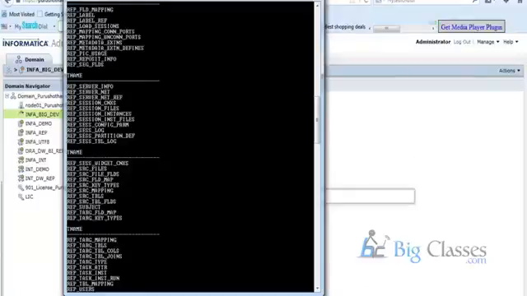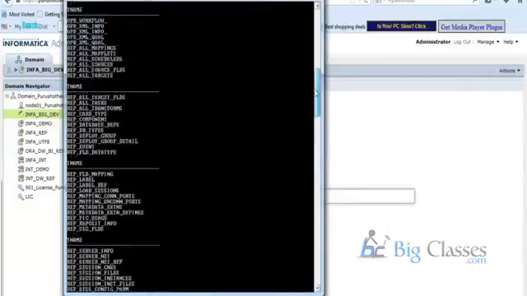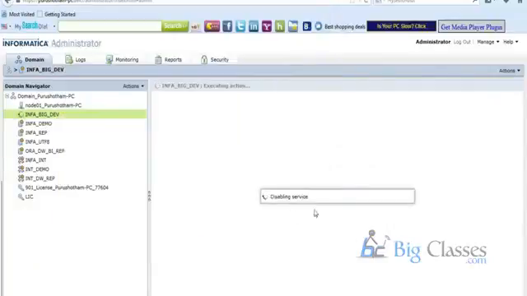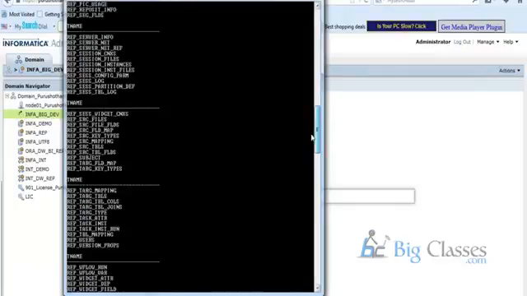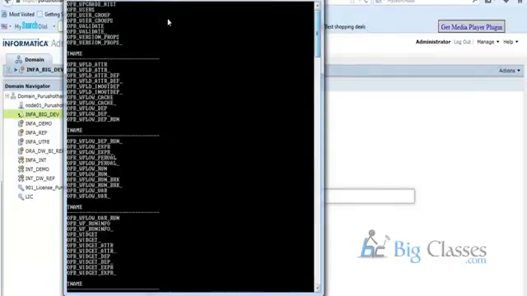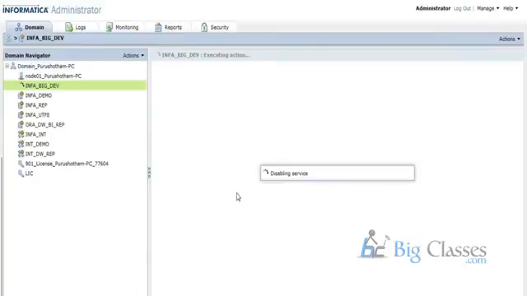So all these 511 tables are nothing but your metadata tables, which will be used by the Informatica metadata repository. These are all pre-created tables. It is just like a normal table. A lot of views also are being created. So everything will get saved in here. This will store users, this will store groups, another will store different workflow details. Everything will get saved onto